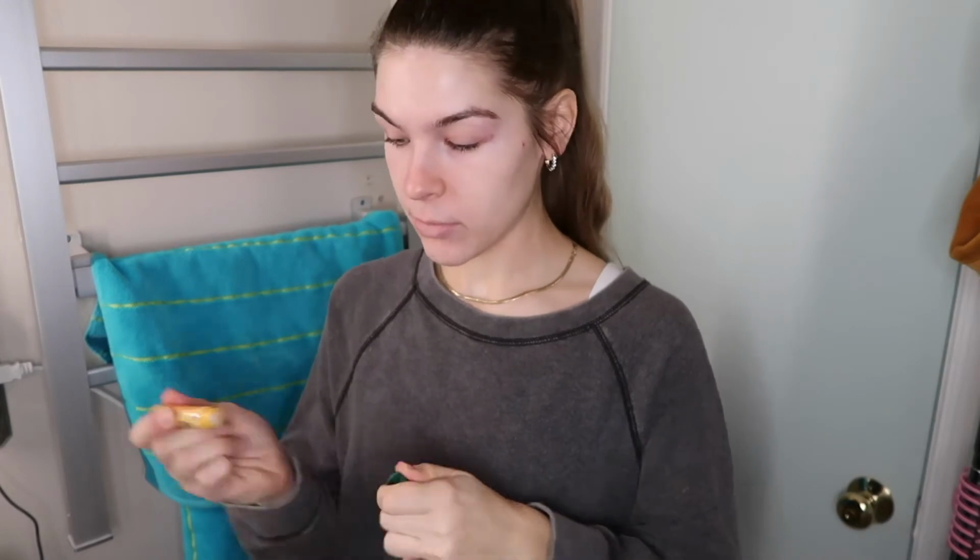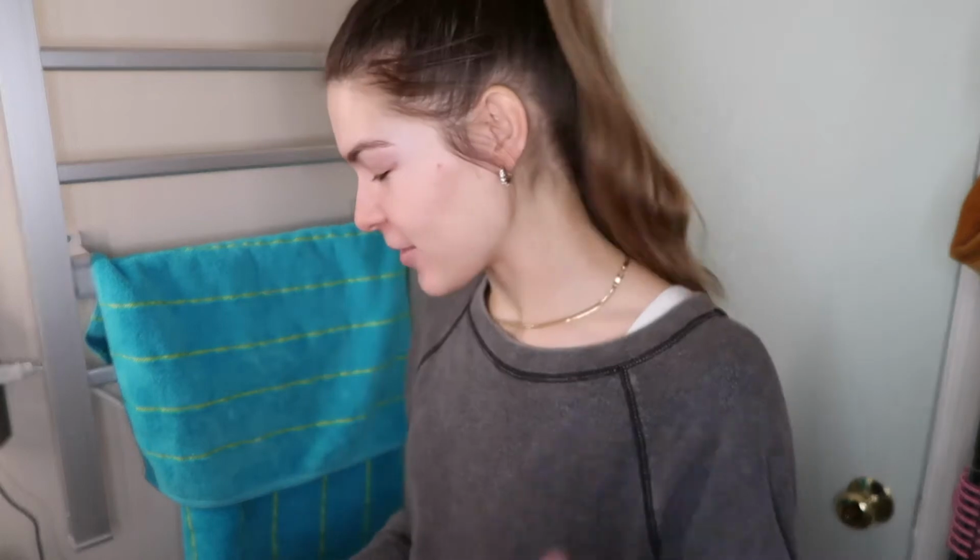Oh, forgot. A pivotal step in your morning and night and any kind of skincare routine, you want to make sure you're using lip balm. And I have drawers and drawers and drawers full of lip balms. But it's important, you want to make sure you not only hydrate your skin, but you hydrate your lips and make sure that your lips are all set to go. All right, what is